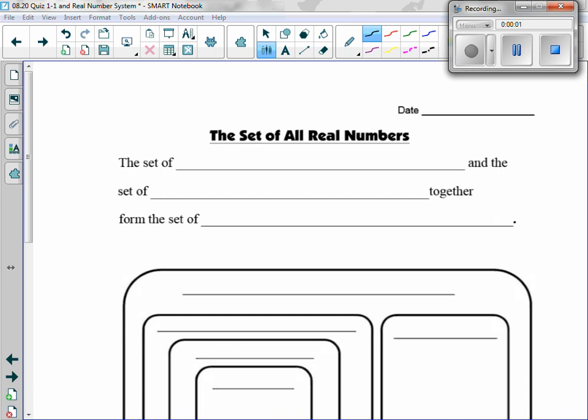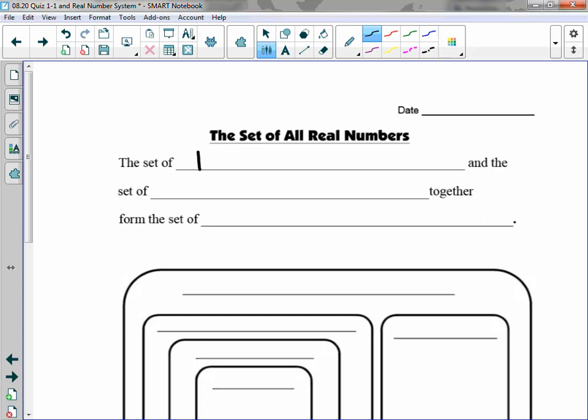So sets and subsets. These are things that y'all have talked about for a couple of years. We're going to expand it a little bit. So we are used to a set of rational numbers, right? Integers, whole numbers, fractions, or rational numbers. So the set of rational numbers